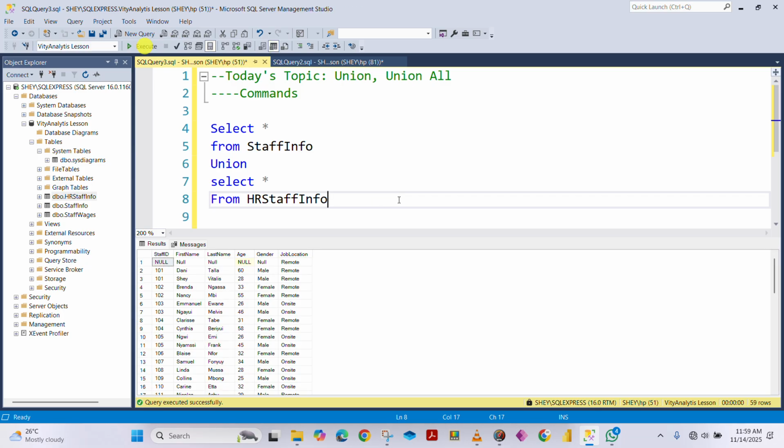So let us execute this. Now if we execute this one, you will realize that the HR's table has now joined to this one, and the number of rows has increased. Now, with the union join,